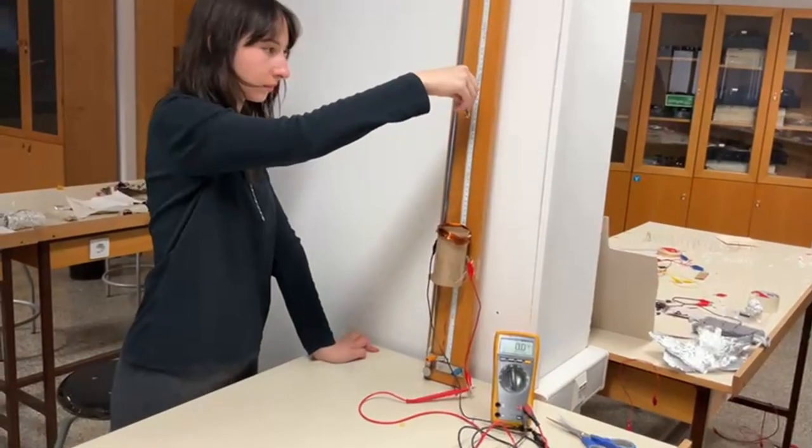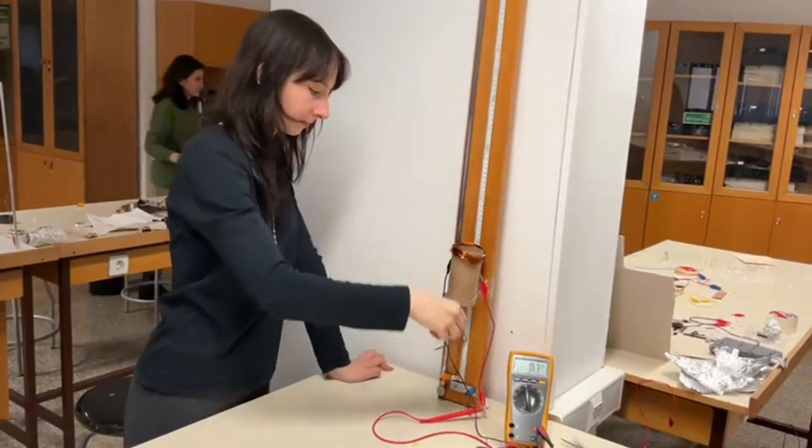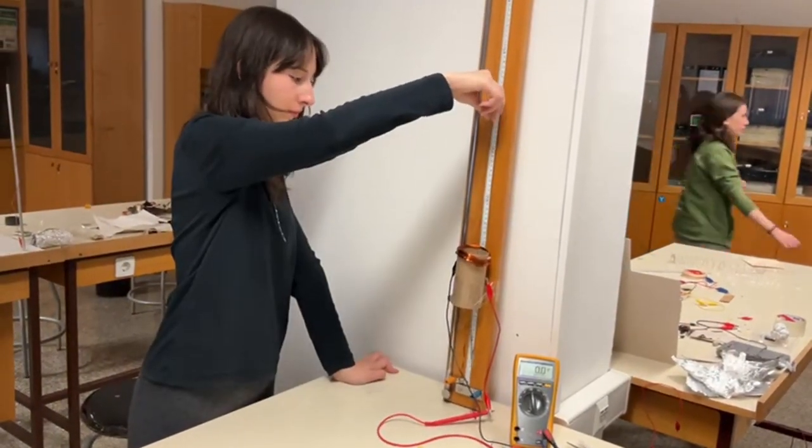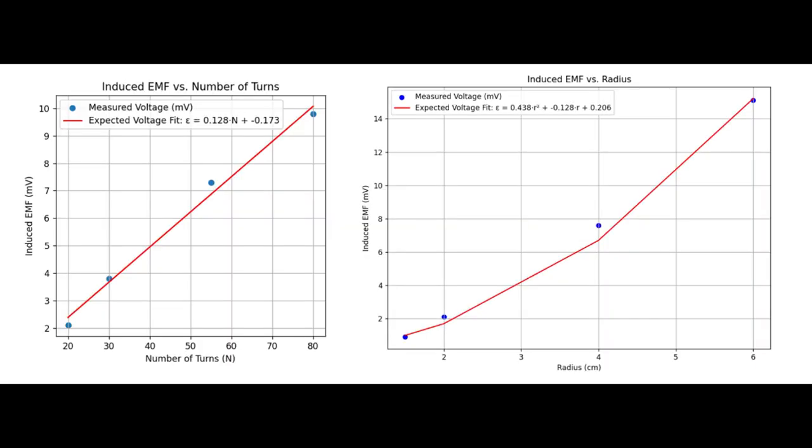For the next part of my experiment, I looked into the resulting EMFs related to the different radii. I followed the same procedure as before, and in this table you can see the results I've obtained. Then I plotted these graphs. The red line in the graphs gives us the theoretical values for EMF, and the blue dots are my experimental